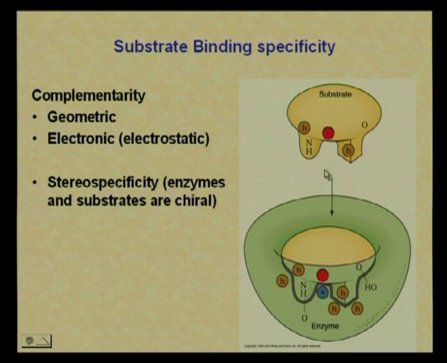So, once the substrate gets into the active site, if we look at the active site, we see we have a favorable hydrophobic interaction here. We have a favorable hydrogen bonding here. We have an electrostatic interaction here. We have another set of hydrophobic interactions here, and again a hydrogen bonding here. So, all this is going to loosely associate the substrate with the enzyme into forming the enzyme substrate complex